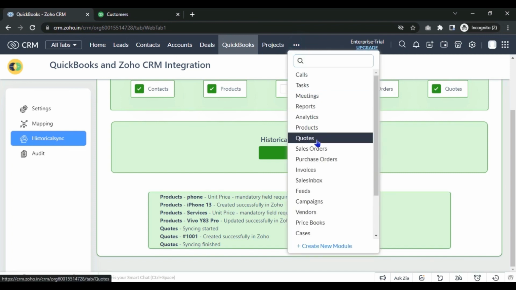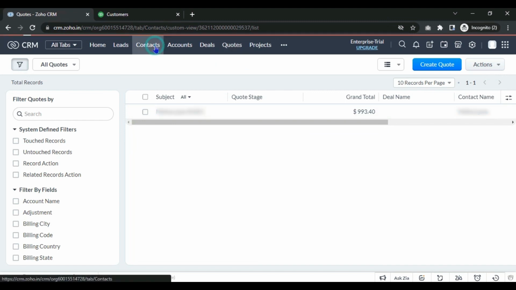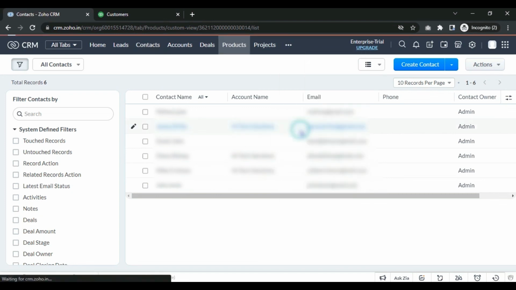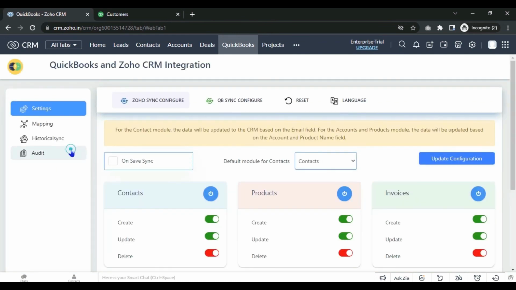Let's check in Zoho CRM. Here you can see the quote is successfully synced to Zoho CRM. And you can also see the related contact is also synced. And the product is also synced. The audit section